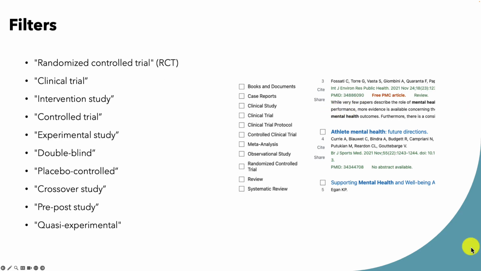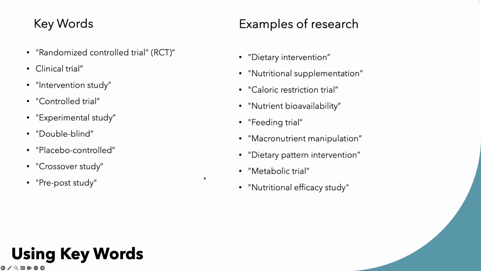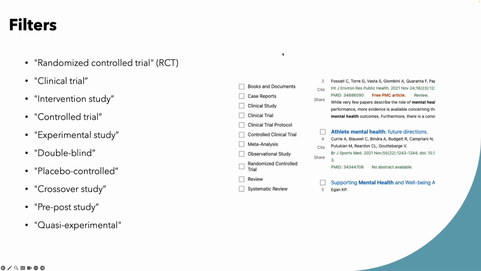So let's say I were you, right? And a professor gave me a deadline to say, okay, what are your interests in research? What would you like to do? And let's say for me, macronutrient manipulation was something that I was really interested in. Well, I would go into PubMed. I would type that search term into PubMed. Then I would go into my filters and I would say, I want